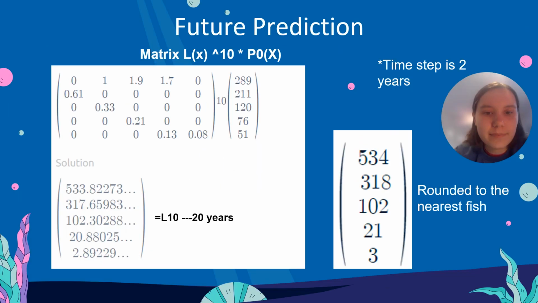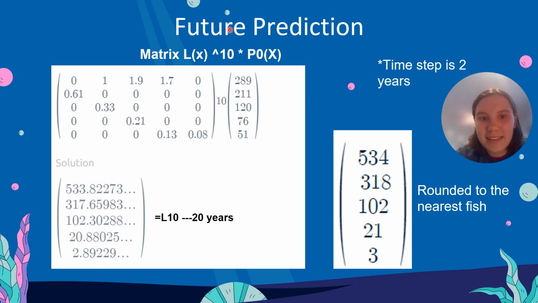Okay. So now we'll get into the future prediction. Using this transition matrix, that's matrix L with the original data, we can model what the cod population would look like in 20 years. I raised the initial L matrix to the 10th power because this is a 2-year time step. So 10 time steps equals 20 years. Using Symbolab, I ran this calculation